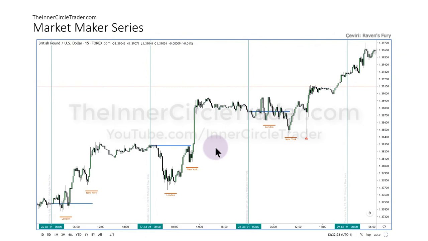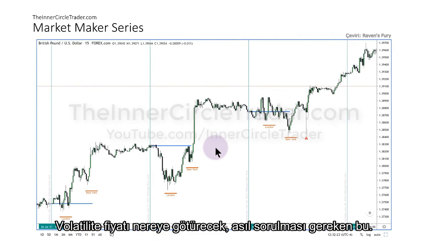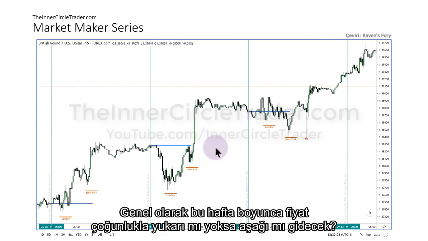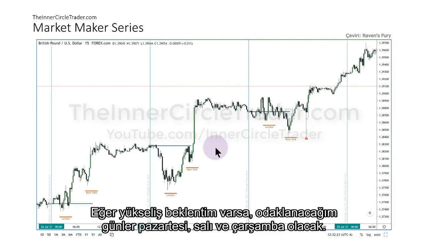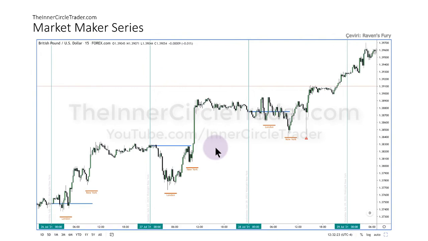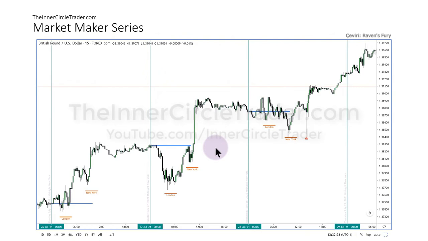We don't care about that weekly closing price. I don't care where it's going to close. Where's the volatility going to send price? Mostly higher or mostly lower over the course of the days of this week? If I'm thinking bullish, I'm going to be focusing on Monday, Tuesday, and Wednesday, because I know the algorithm generally presents the really choice setups, if it's bullish, to be a buyer on Monday, Tuesday, and or Wednesday, but by